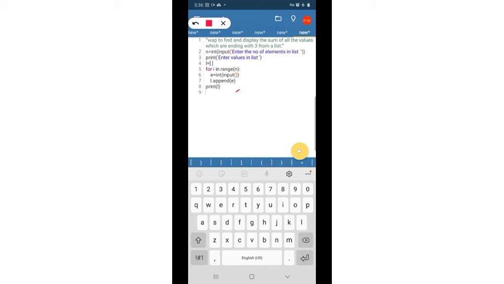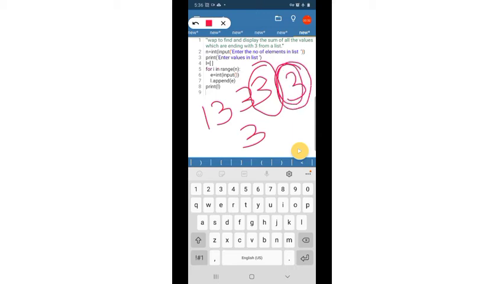Suppose it is 33 divided by 10 will give the remainder as what? 3. 13 divided by 10 will give the remainder 3. 103 divided by 10 will give the remainder 3. So only if we need a single digit, one digit 3, always take divided by 10.